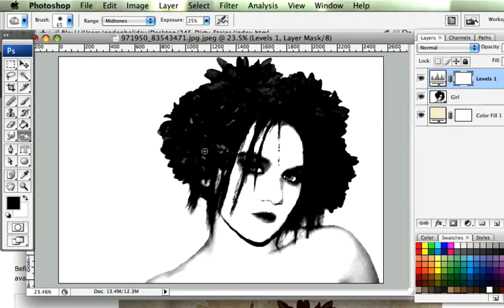Brilliant. So now I've got a really strong contrast between the black and white layers, and that's going to really help with the staining process just a little bit later. Okay, next step. Select our girl layer, press Command A or Control A to select the whole of the layer,